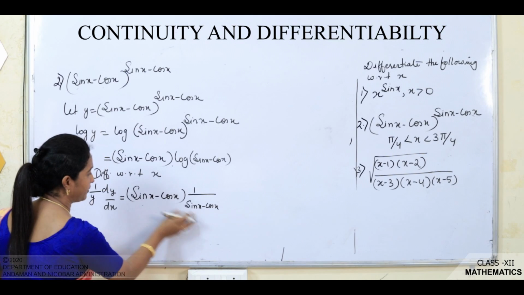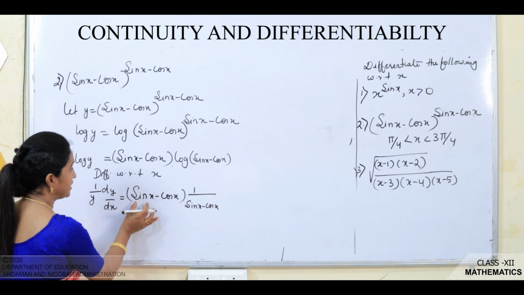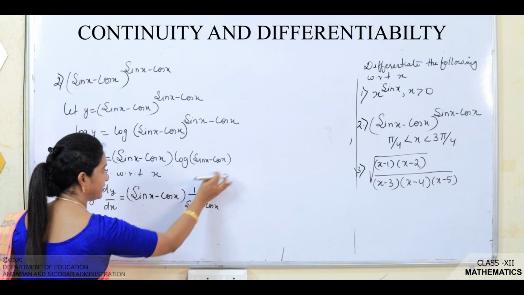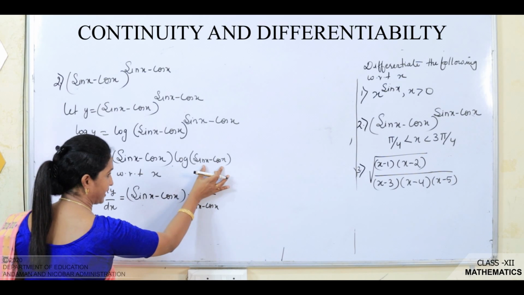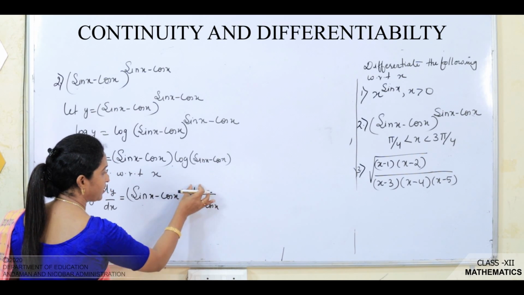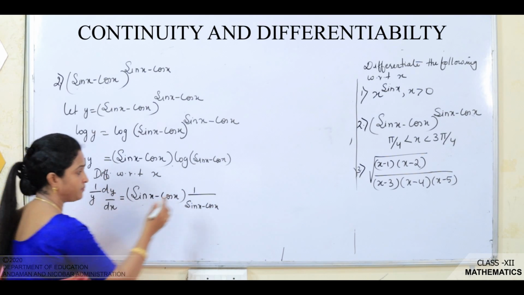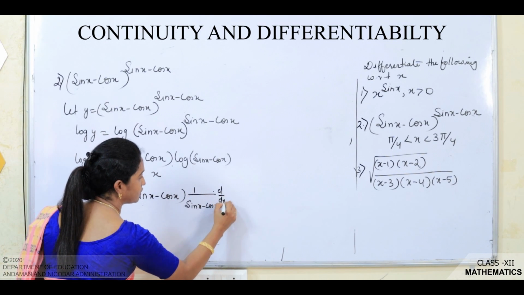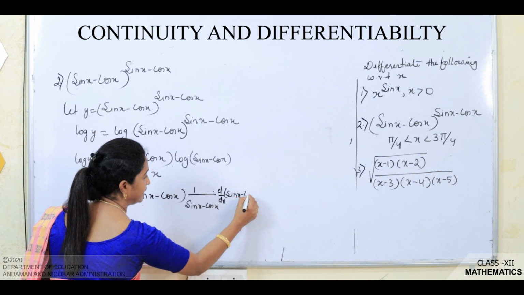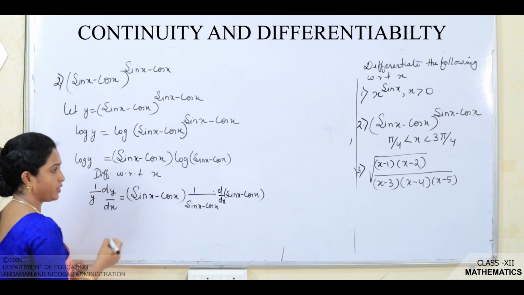I am writing directly here, you can include one more step here. Sin x minus cos x, derivative of second function log of x. Derivative of log of x is 1 by x, but in place of x you have to write sin x minus cos x into d by dx of sin x minus cos x. Okay, plus